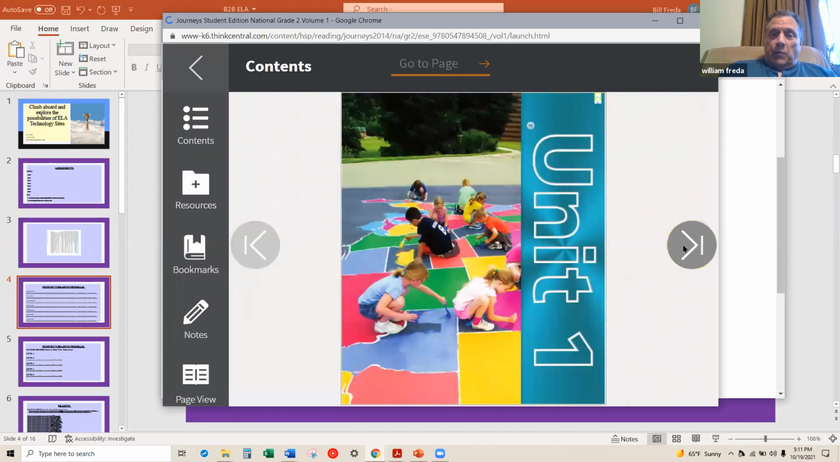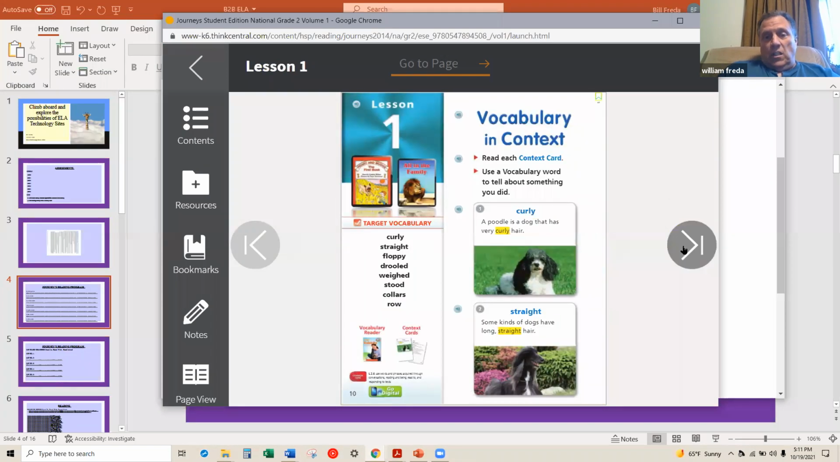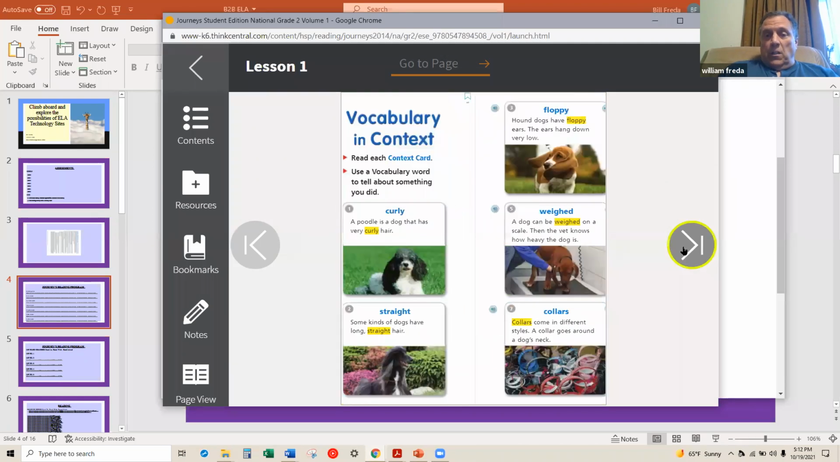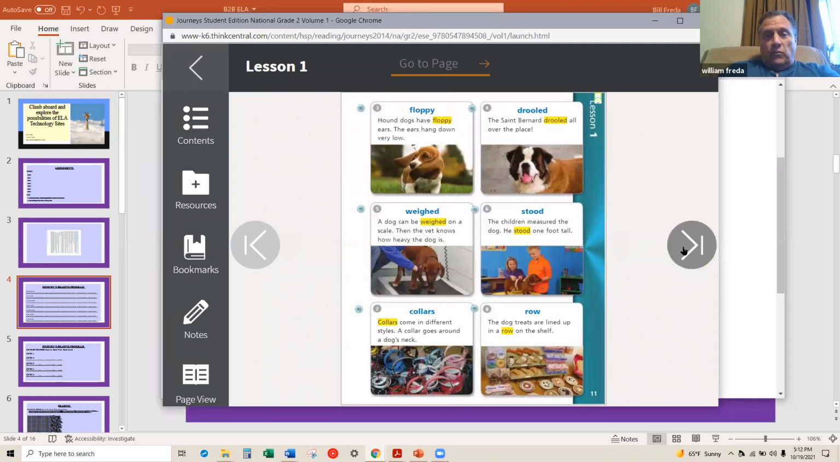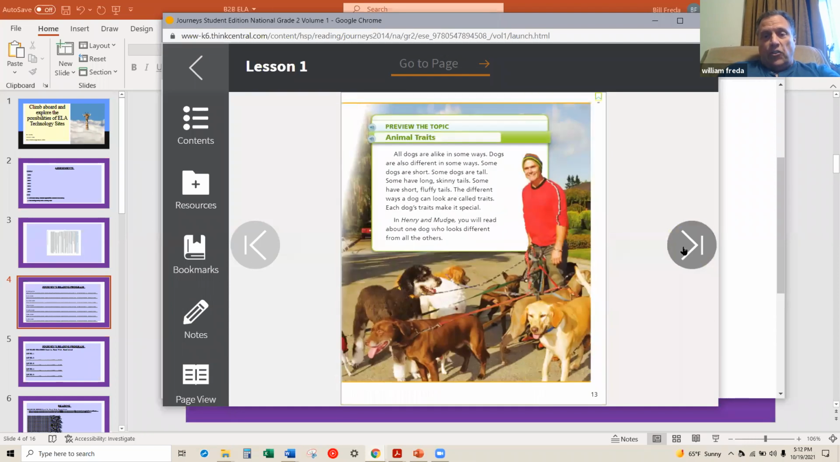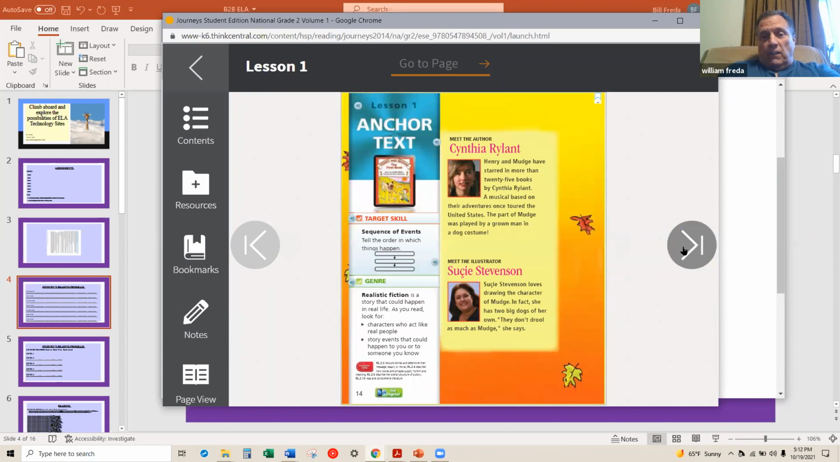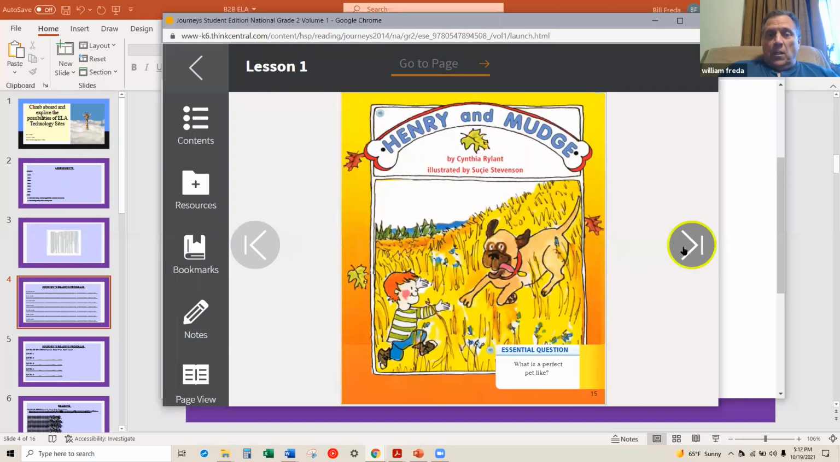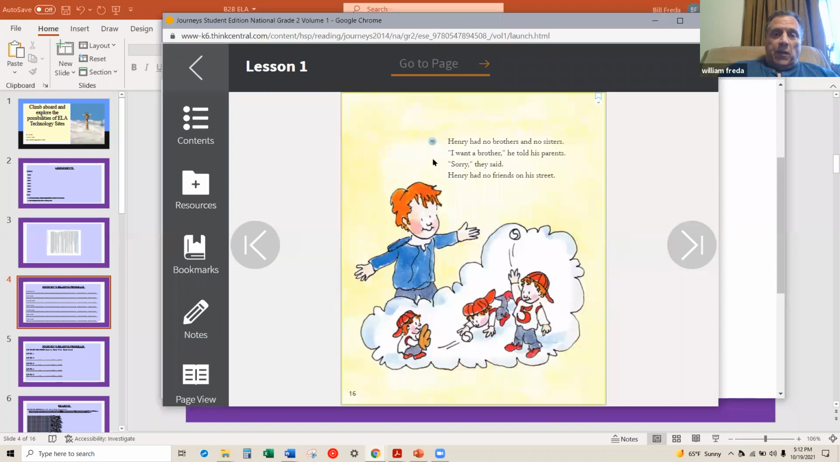The nice thing about this is the target vocabulary is there. This, again, is if and how you want to implement this. Their vocabulary cards, their target skills, their strategy, and they go over all of this, but it's a repeat of what I just went through. Kind of cool thing about this program is